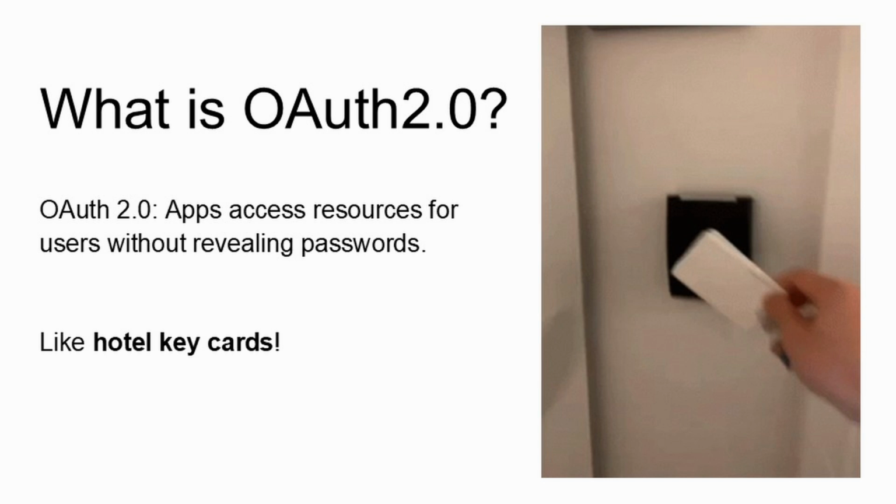That access token is a hotel key card, which gives the service provider the authority to access only the resources it is allowed to access and nothing else. This gives flexibility as well as security and makes it easier for the user and the service provider as well. Now, as we have gone through what is OAuth 2.0, let us see how OAuth actually works.